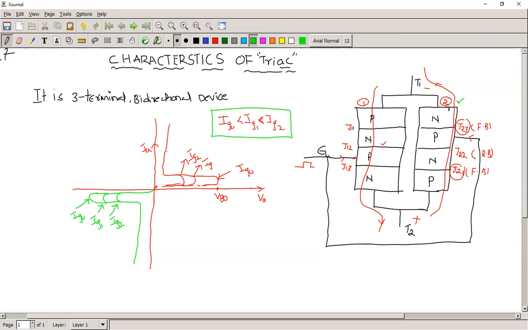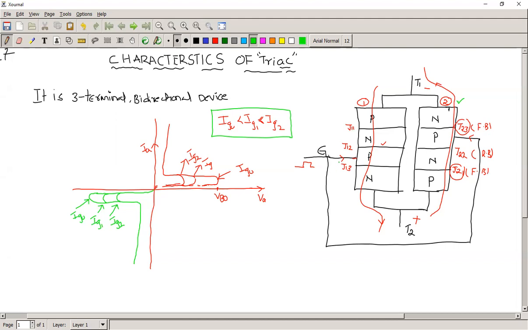The forward characteristics of the SCR are the same as the forward characteristics of the triac, and the reverse characteristics are also the same as the forward characteristics of an SCR, because it is an integrated device. It consists of two SCRs connected in anti-parallel. For simple explanation only, I have taken the two PN devices separately, and the gates are connected to the common terminal.